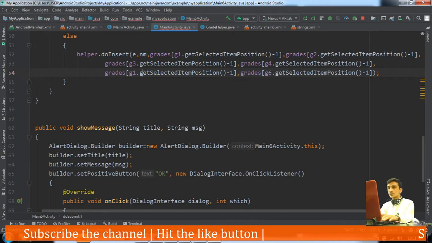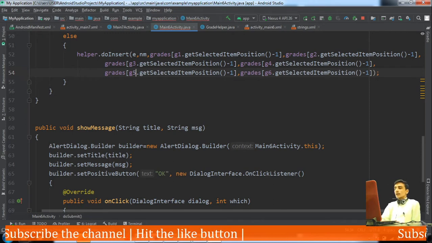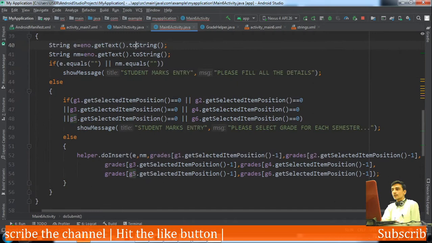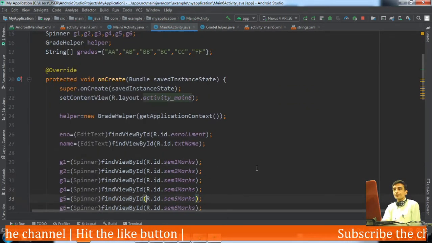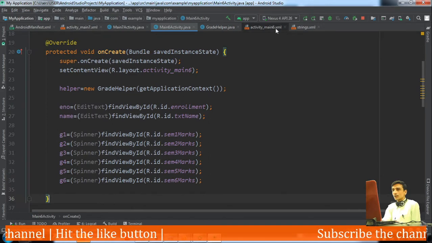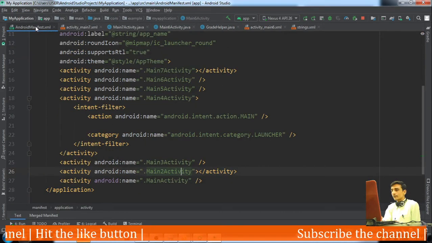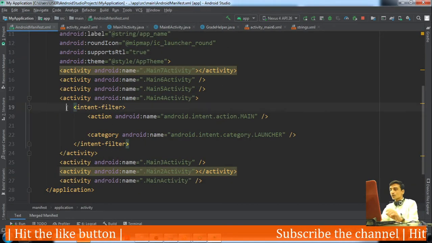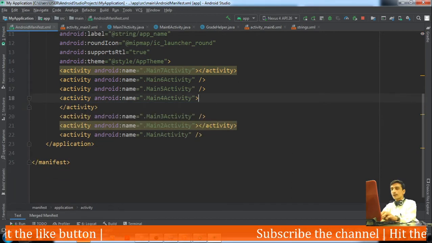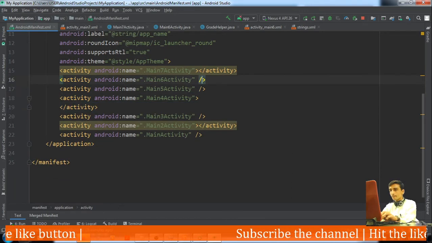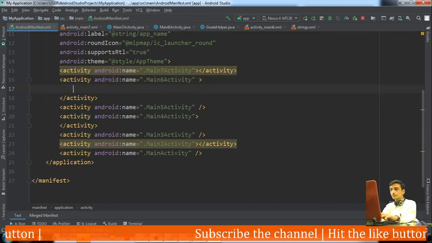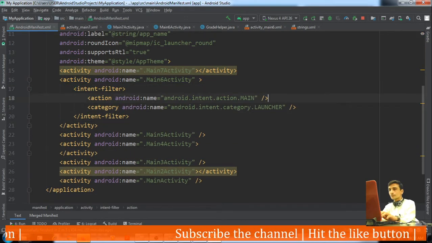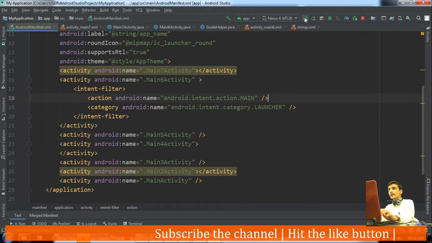Okay, now as we have performed the insert operation, we should check whether it works properly or not. So let me set this activity number 6 as launcher in our manifest file, and execute it.